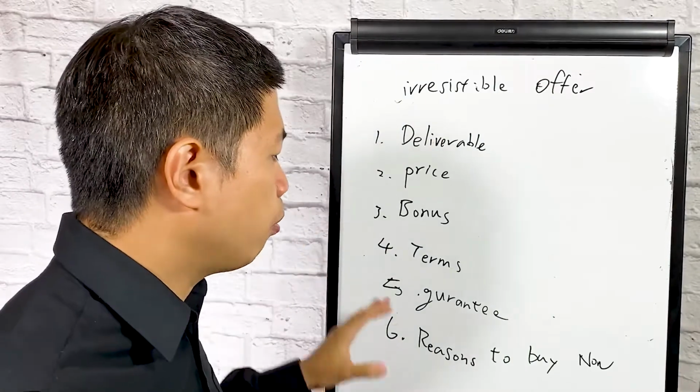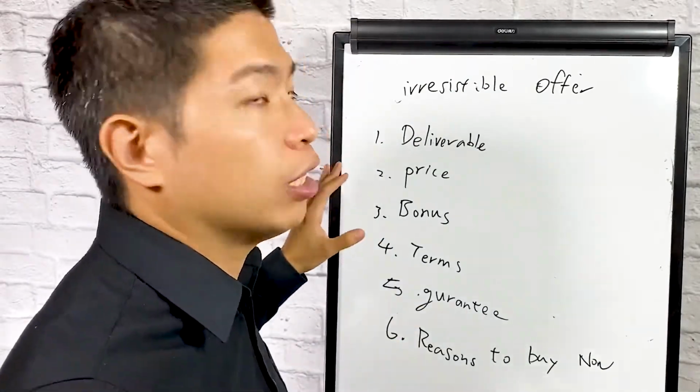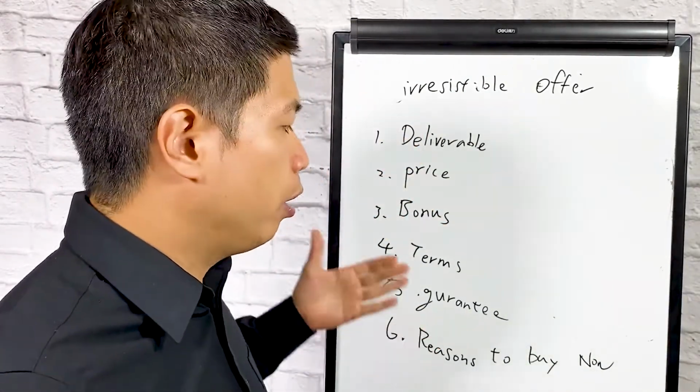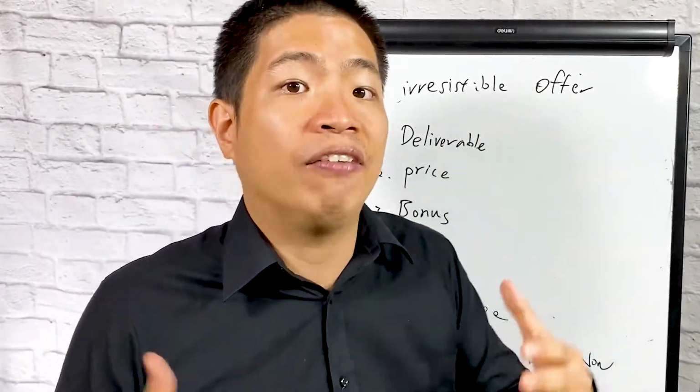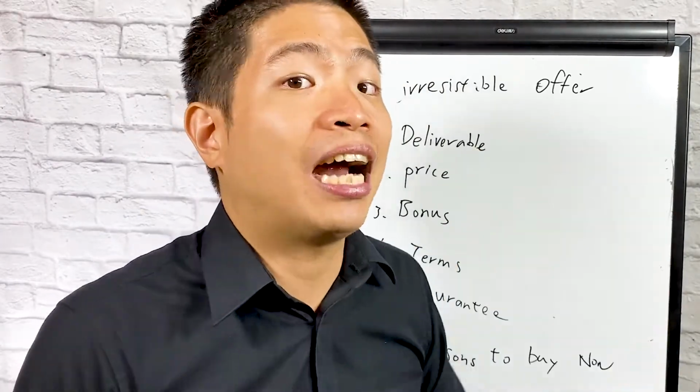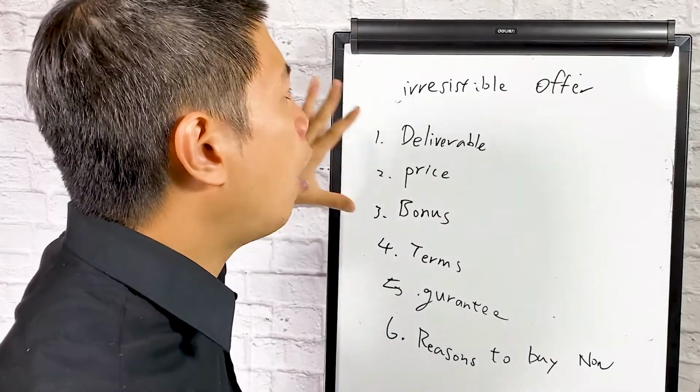And also you want to provide them a reason to buy now. So you can even provide some bonus that's only for action takers. Or you can show them this is a limited time offer so that if they don't take advantage now, they will miss this opportunity for good. So those are 6 different ways for you to make your offer